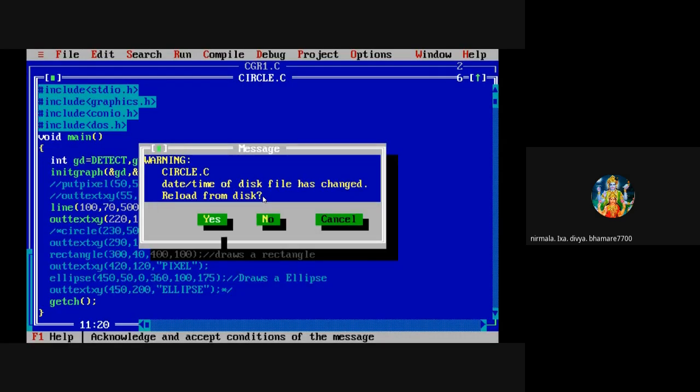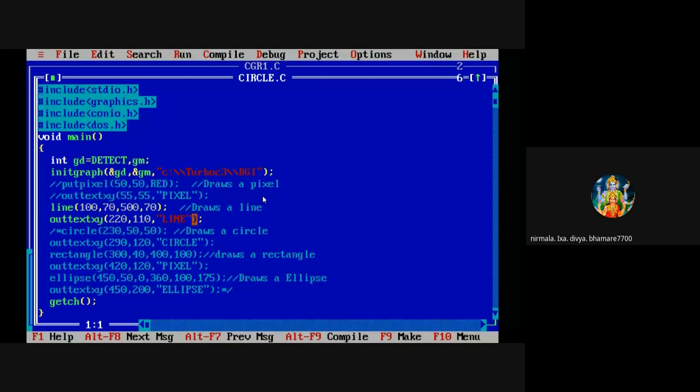See, this is a horizontal line. So if I want to make the line horizontal, what changes will I make? I will keep the y coordinates constant, and I will only change the x coordinate.